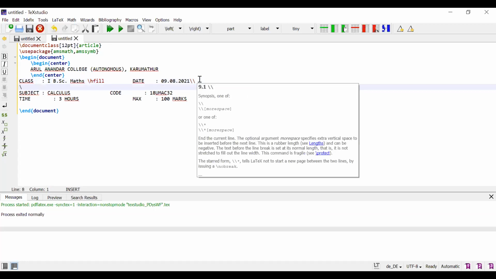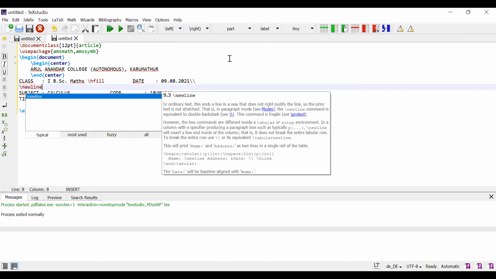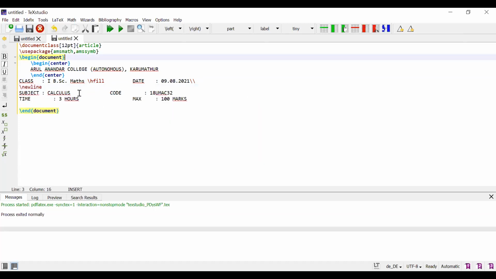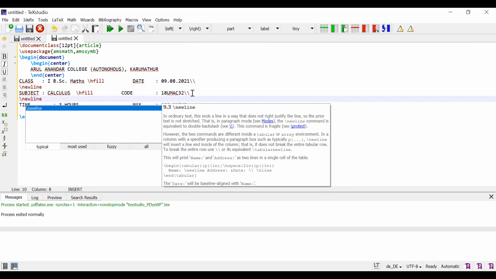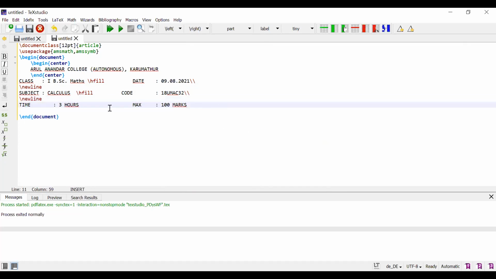Again, I want to leave one more space, using a new line. Next, I use hfill, then a new line.